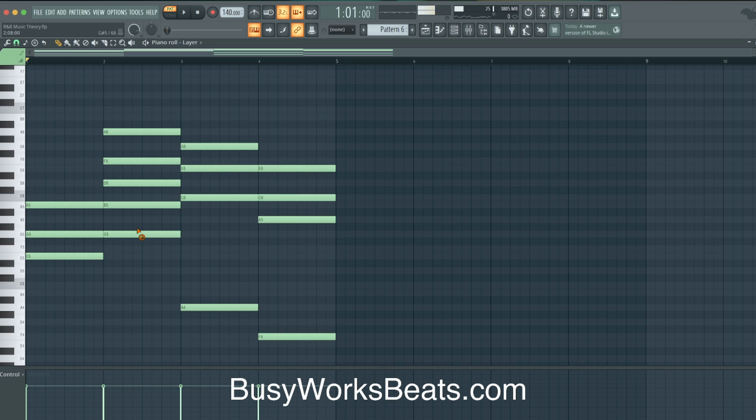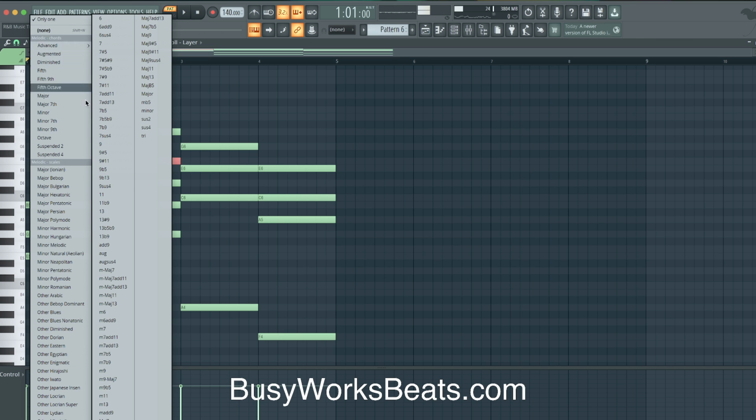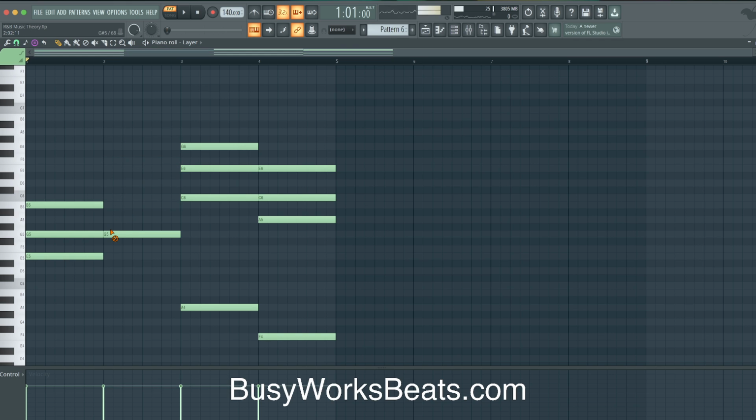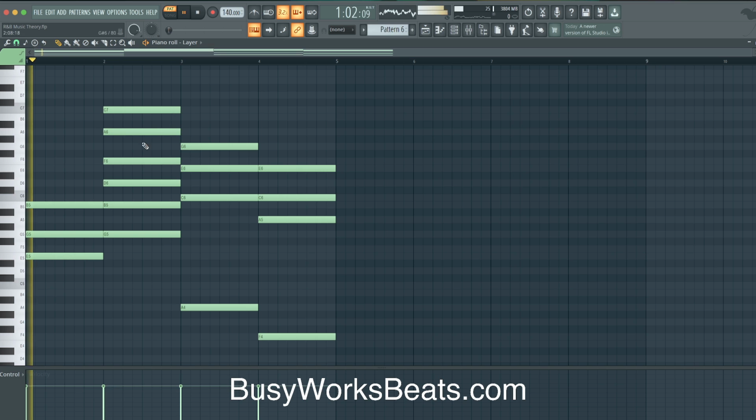Now this G, we can alter these notes to become something else. We could sharpen the 5th, we could flatten the 5th, we could sharpen the 7th, flatten the 7th. We could add the 11th, and let's make this an 11th chord. This is a dominant 11th. The shortcut is basically the 5th and the 9th can be moved, okay? And then the 7th and the 11th can be moved. Notice to get to each, you have to skip the note in between. So that's usually what changes in the chord.